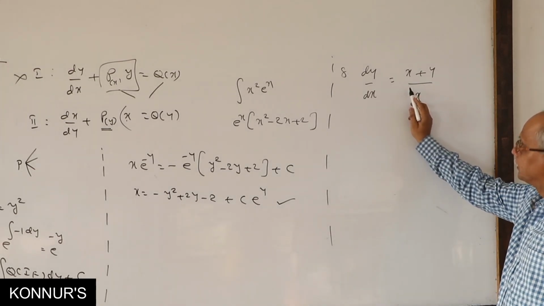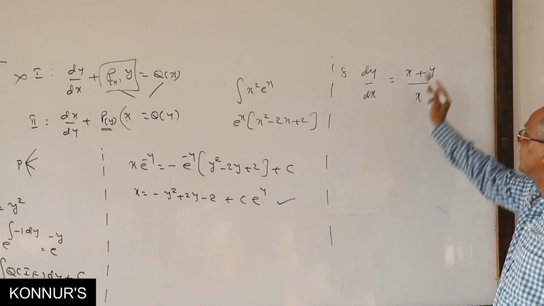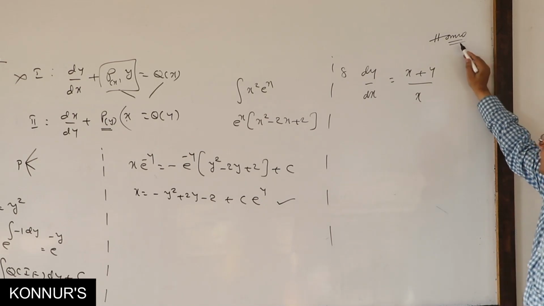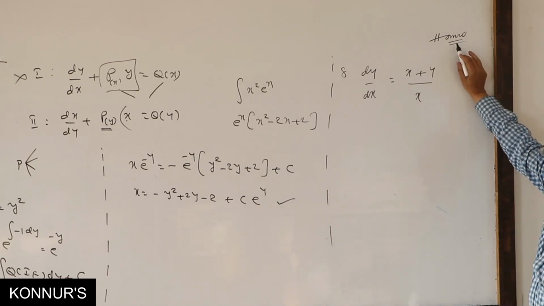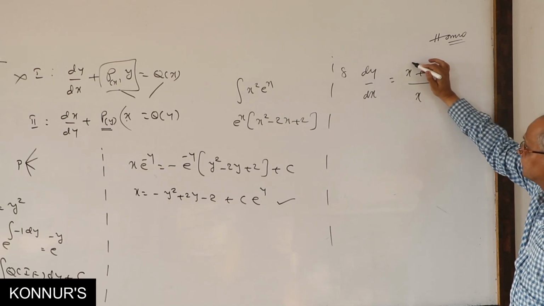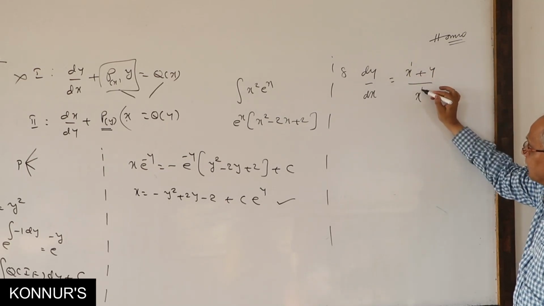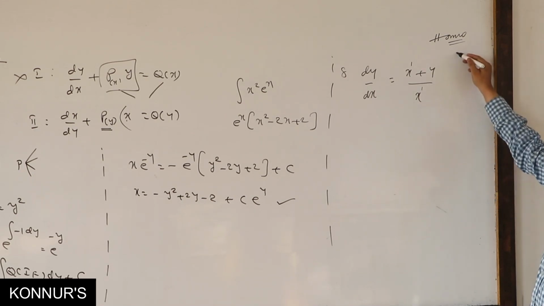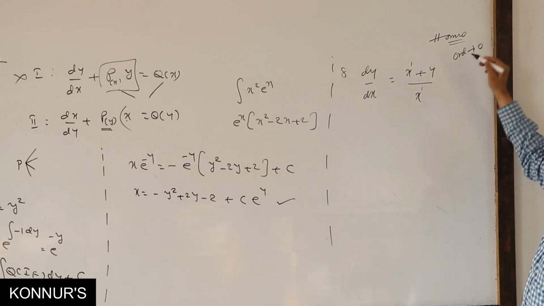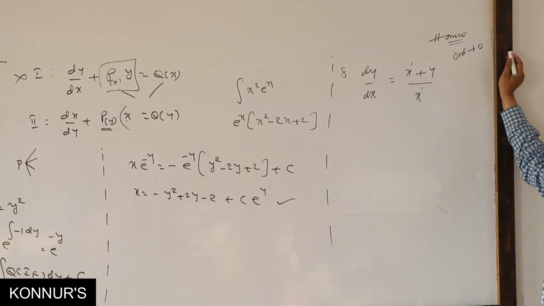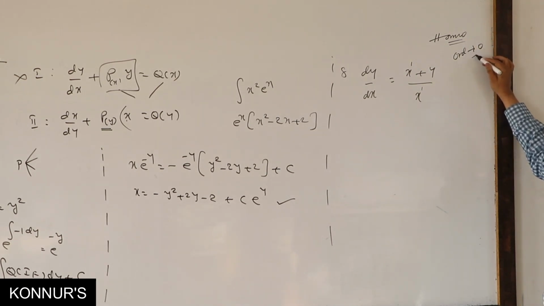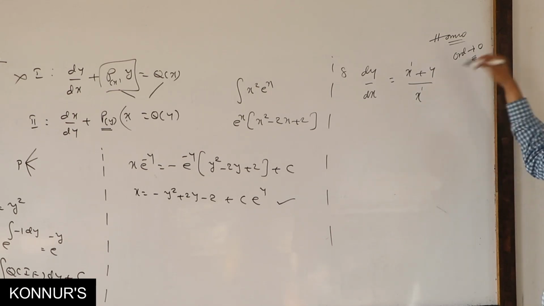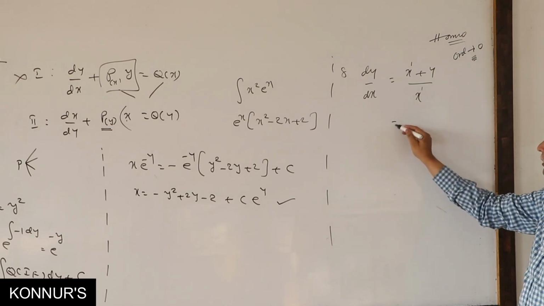Here, it is possible to solve even from homogeneous. Why? What is our condition to solve homogeneous? Numerator highest power and denominator highest power must be the same. Same means order is 0. Once order is 0, the problem is eligible for the homogeneous method. That is our first special property. It is possible. Other than that, what is another option we can have?